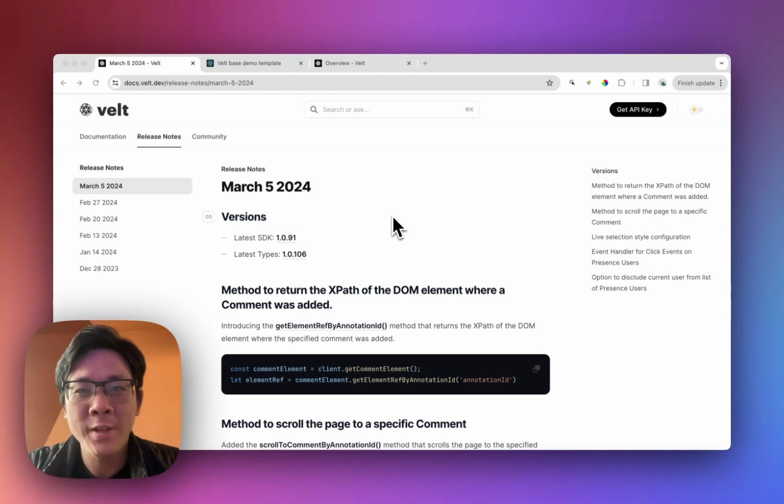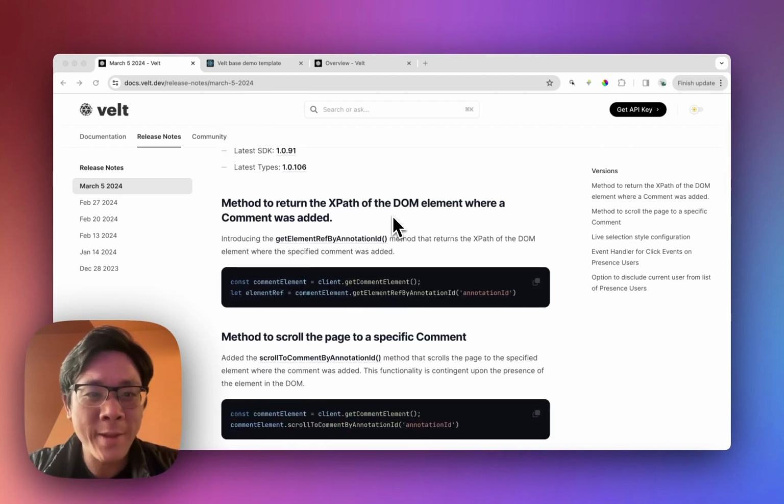We're on version 1.0.91 for the SDK and version 1.0.106 for the types library. So make sure to update. We have 5 amazing features we're going to announce today. So let's get started. Now the first feature is an API method to return the XPath of the DOM element